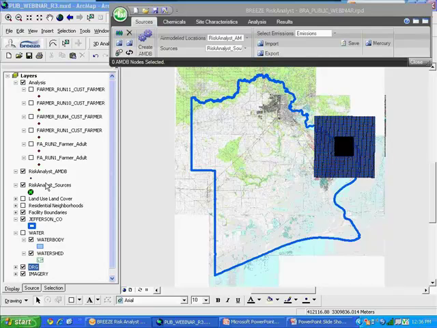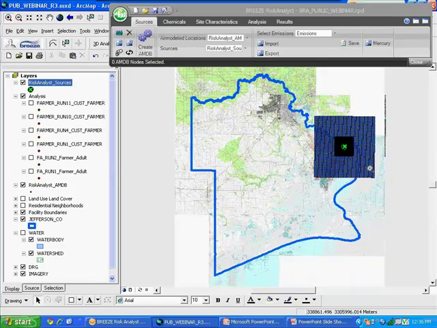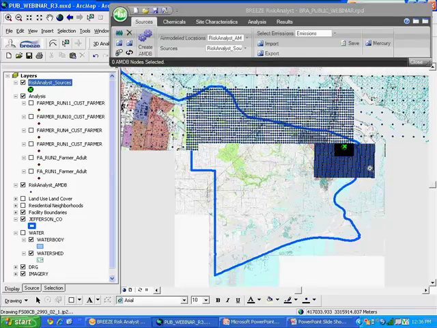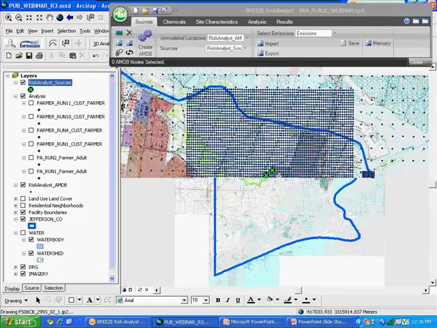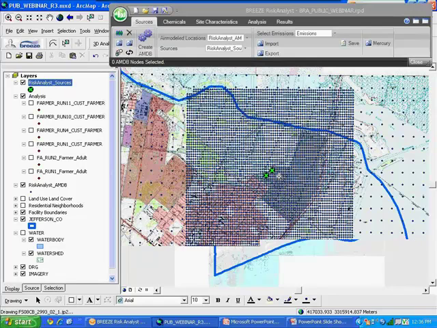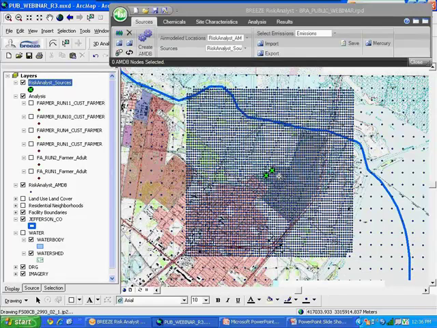I will zoom into the project area so you can see all the different locations that were modeled in this analysis. And again, this follows a protocol methodology. I believe it's roughly 100-meter spacing out to 3 kilometers and then 500-meter spacing out to 10 kilometers. Again, that can vary depending on your application and what you're trying to do. So once that information is imported, I can move over and we'll briefly show the